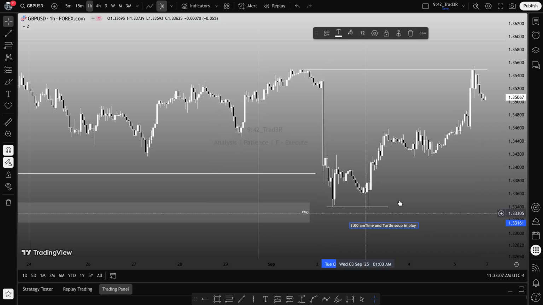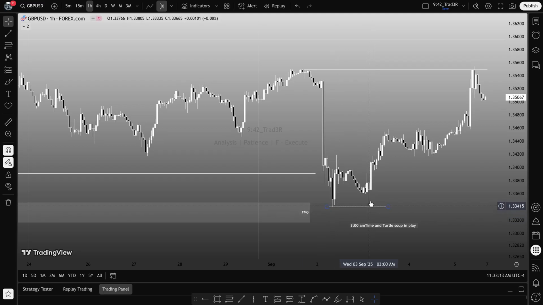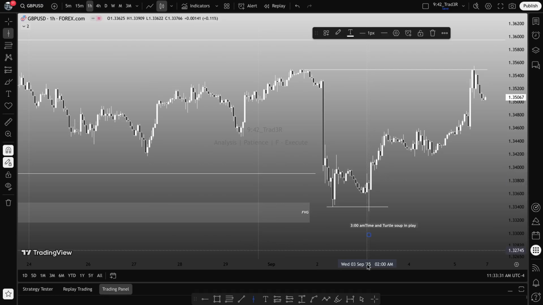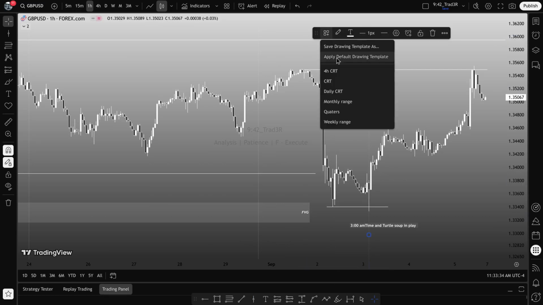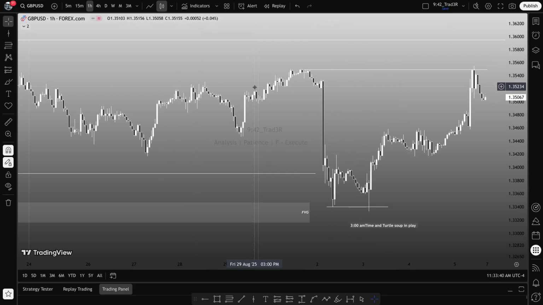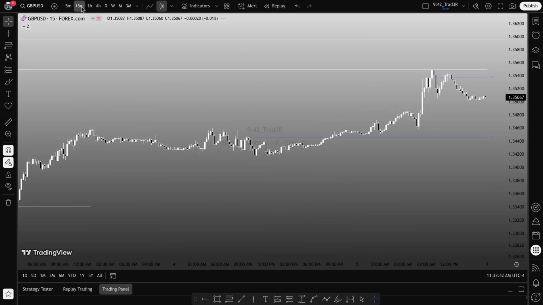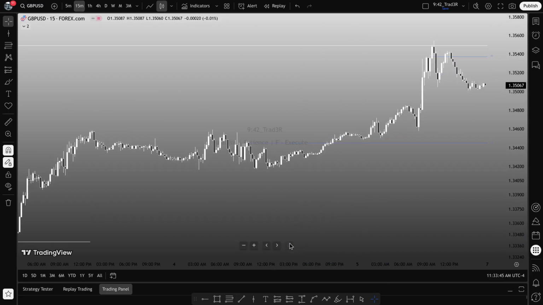So you can see this week right here was the 3 a.m. candle. Immediately sweep this low and the close above this candle, you're bullish, and also immediately close above these highs, you're bullish. So we can look at the 15 minutes to frame a model 1 entry, or 5 minutes. So let's mark the manipulation time, which is 3 a.m. here, using 4 hourly. Yes. So if we mark the manipulation time and go to 15 minutes and zoom out,